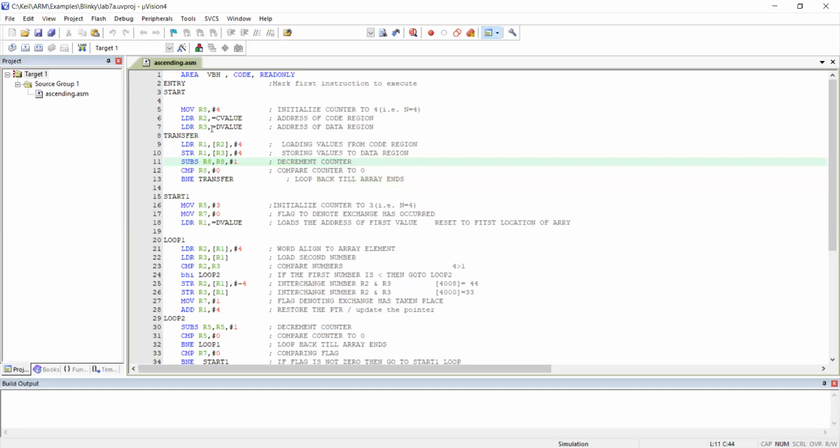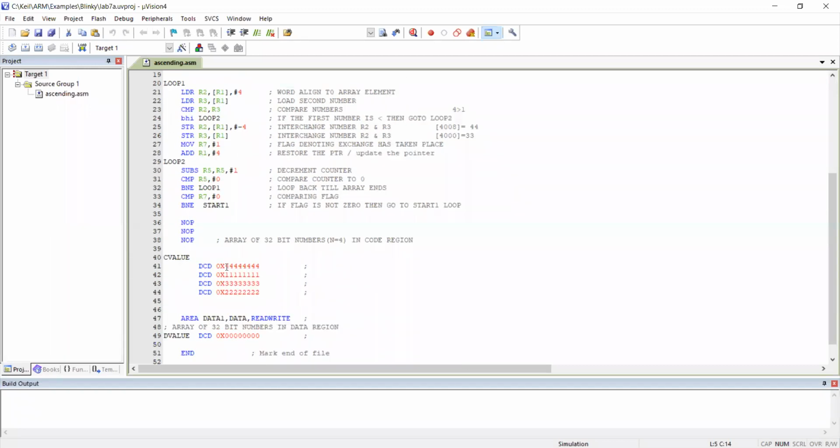Okay, now you see what this line is? Move R8 comma hash means I am going to use a total of 4 values, and all the 4 values are 32-bit numbers. I will not write this out every time; if I write once, you need to understand. This is the notation of 4. If you continue like this for another 7 times, you will get a total of 32 bits.